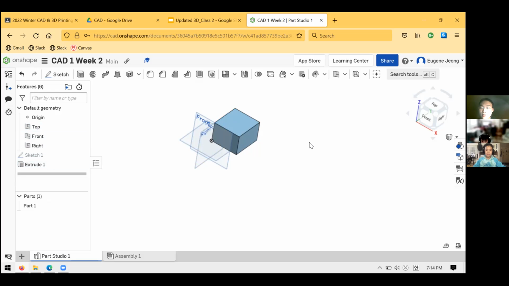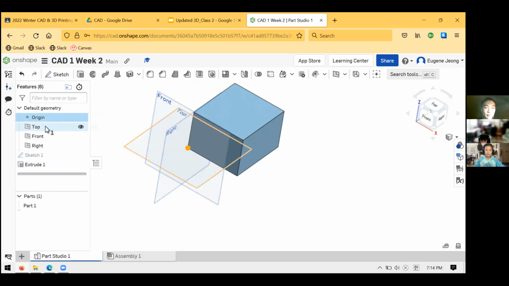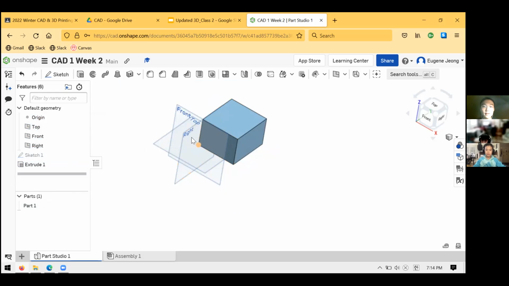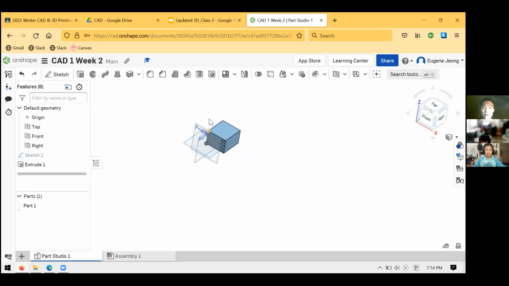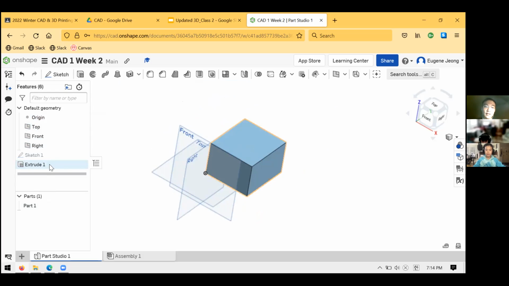You notice when you first created this workspace, we have this whole interface here on the left. When we created it brand new, there was nothing in it except for origin, top, front, and right, which were your 3 planes and the very center of your workspace, which is the origin. But now you can see there are 2 new things in it, and these are the things that I created. I created sketch 1,